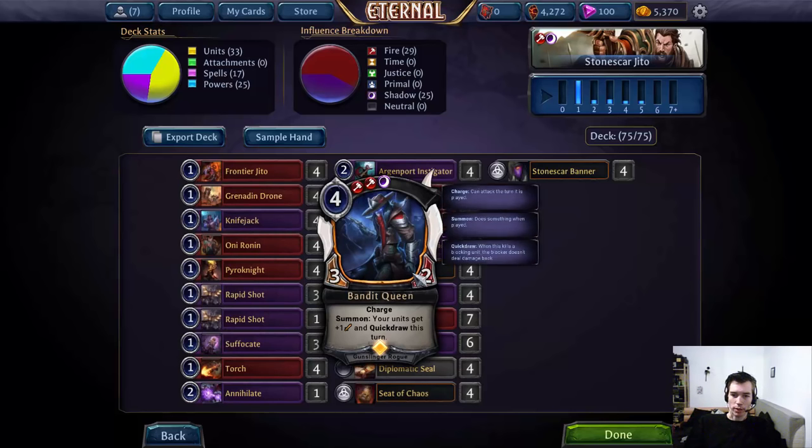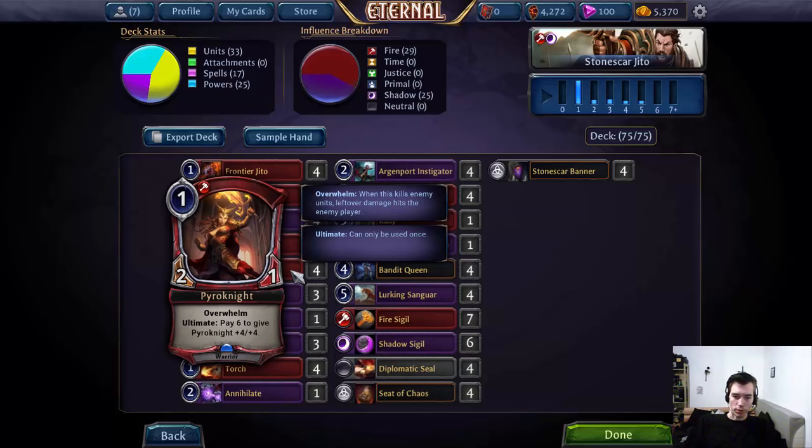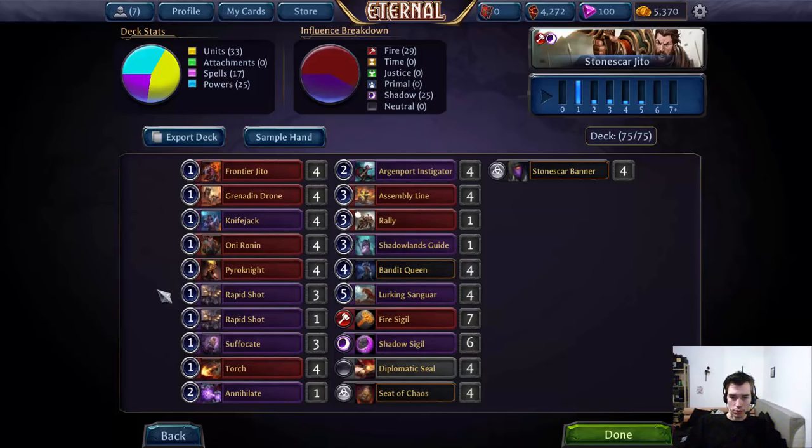Because we kind of want 4 anyway for Queen, so the 5th is kind of blank and the 6th turns into a +4/+4 weapon for our Pyronite, which is pretty good. Yeah, Rapid Shot is just